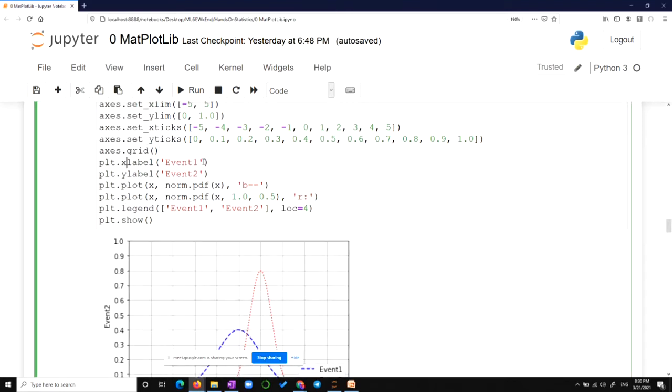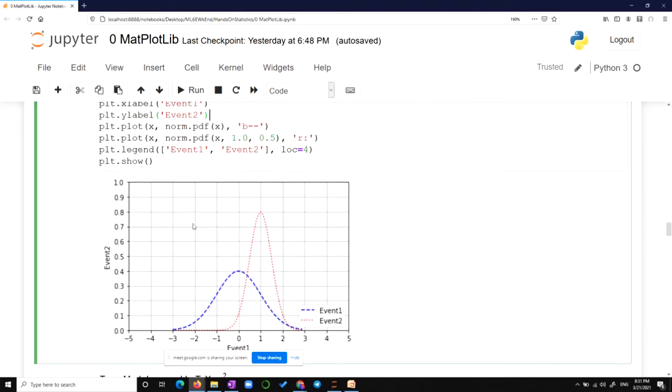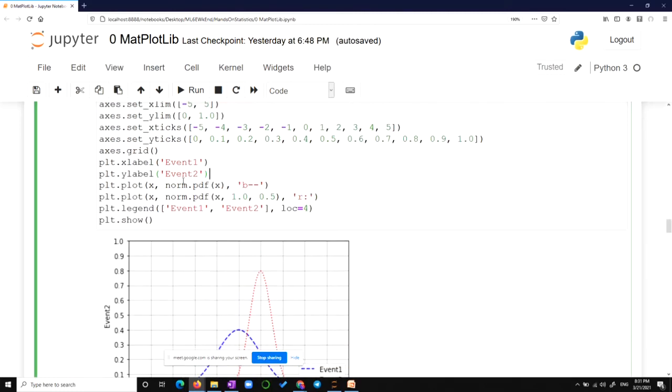And in this case, I want to call it event 1. You can call it anything: age, salary, whatever phenomenon you're describing. But for general purposes, we'll call it event 1. For ylabel, we are calling it event 2. So after that, we say plt.plot with a double dash.